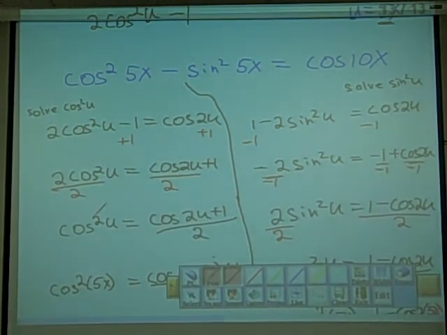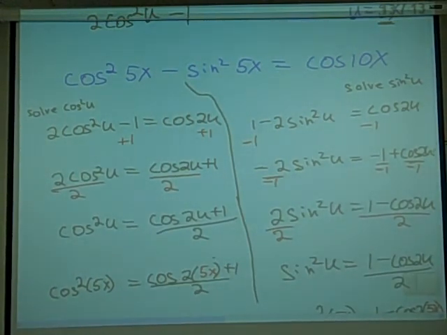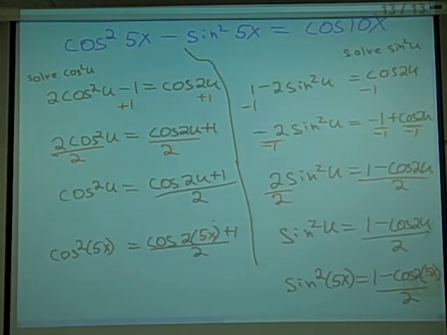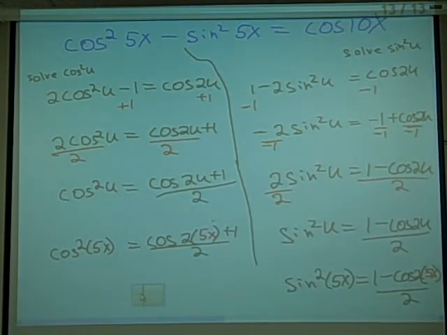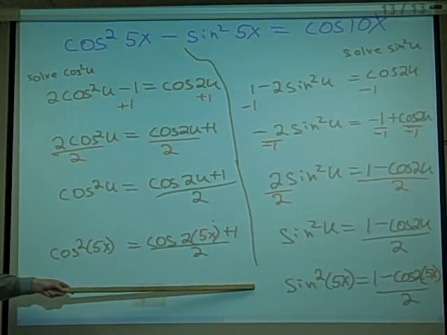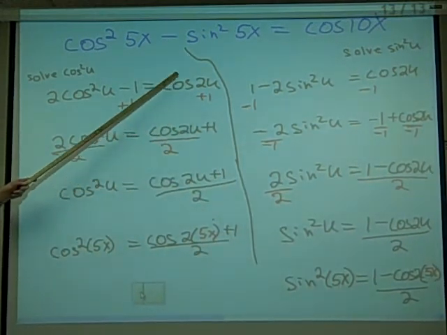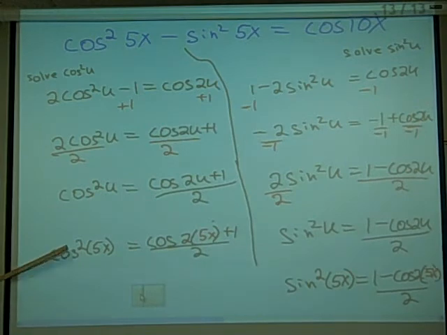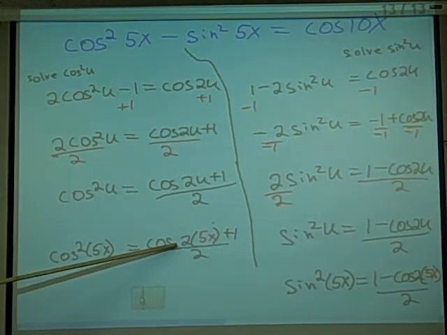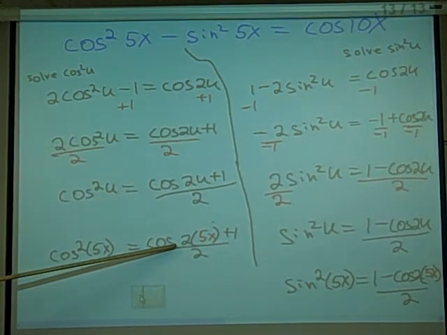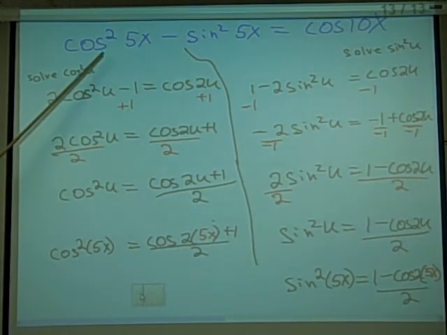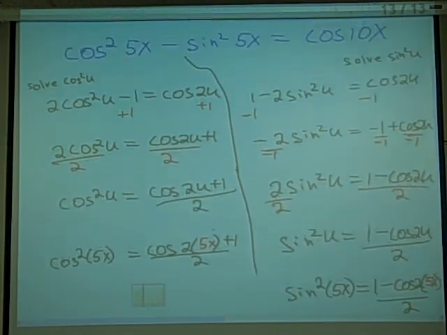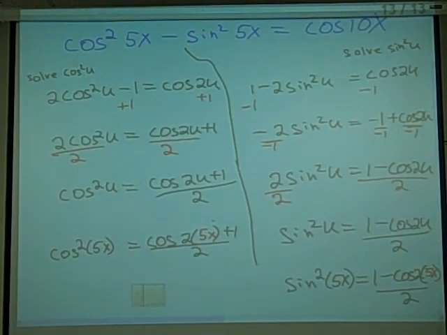And we're going to take this other sine squared 5x, and we're going to substitute it into the other one. So for this cosine squared 5x, we're going to substitute 2 times 5x plus 1 over 2. So that's going to be this cosine squared 5x. That is now